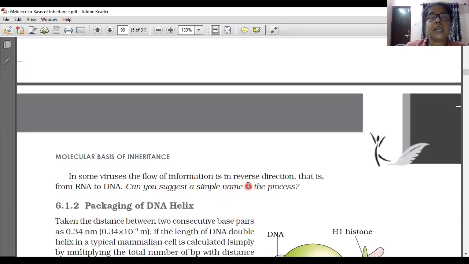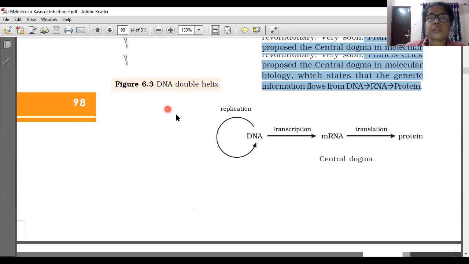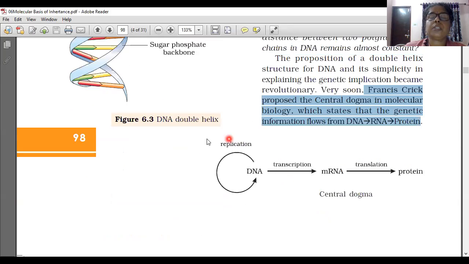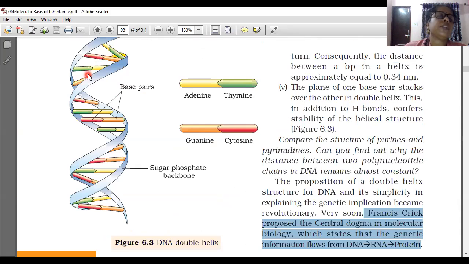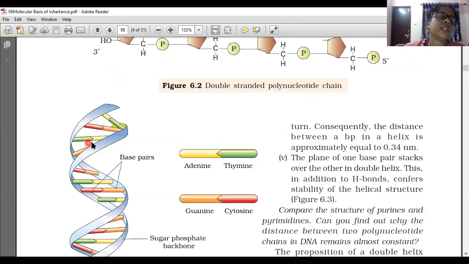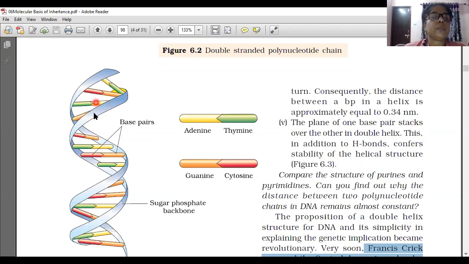So understood, all of you. These two diagrams also you have to mention there. And more, you have to draw the central dogma diagram. And this diagram is also very good, it is a very clear diagram. So I didn't prepare a slide for this because it conveys what it means. Base pairs are also shown and the ribbon-shaped polynucleotide chain is also shown. Understood. This is adenine, thymine, guanine, cytosine.